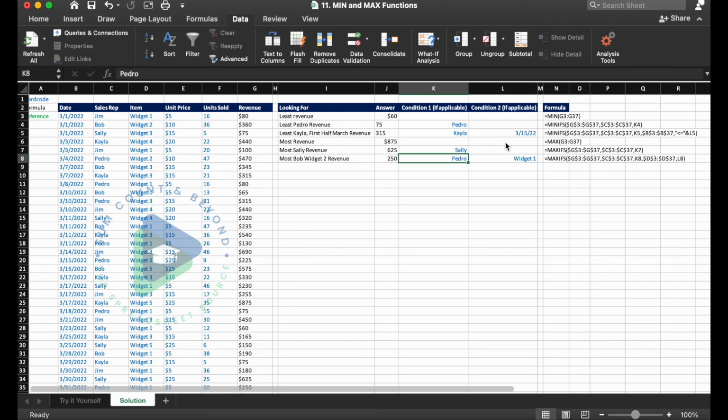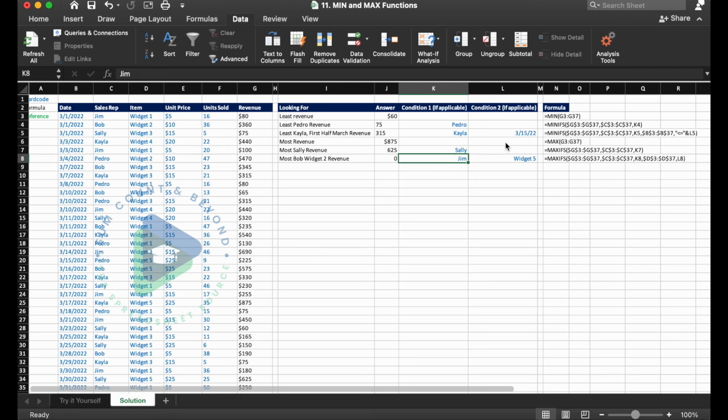If we wanted to do, for example, Jim and widget 5, we see that he made no sales of widget 5. So again, it's a nice, easy way to quickly change what you're looking for and respond to any requests or changes that come in while you're in the spreadsheet, without having to change the formula very much.